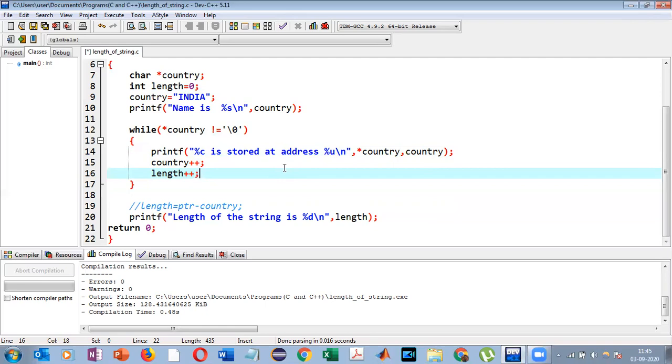Now, a very important point to remember, which I had also said in my previous videos: when I increment the pointer, say the pointer points to the memory address 2000, it does not mean that pointer plus plus will necessarily point to 2001. It depends on the type of the pointer. Like in here, it is going to point to 2001, because it's a character type variable and it occupies only 1 byte.